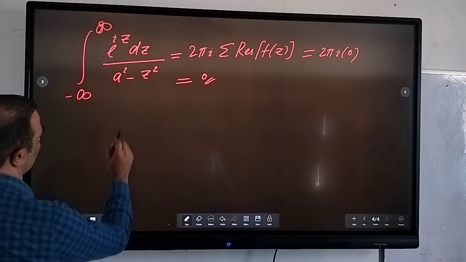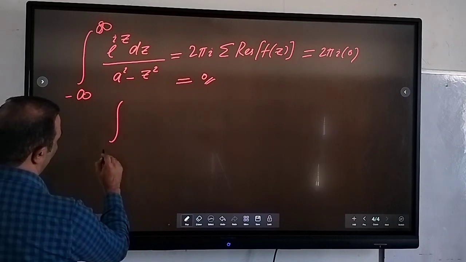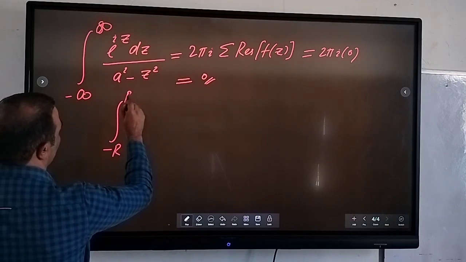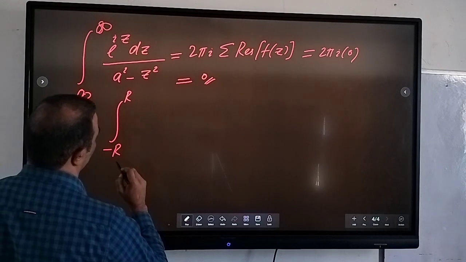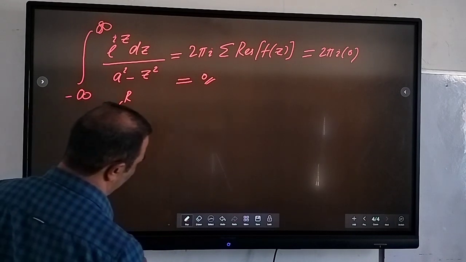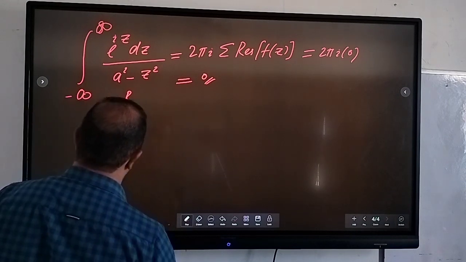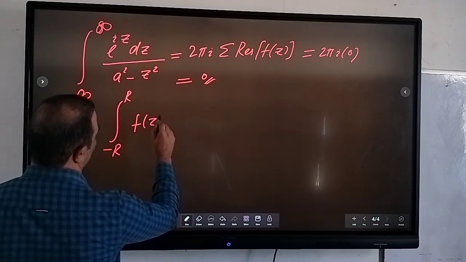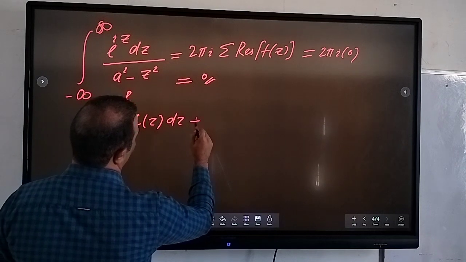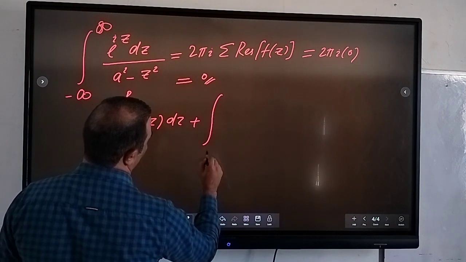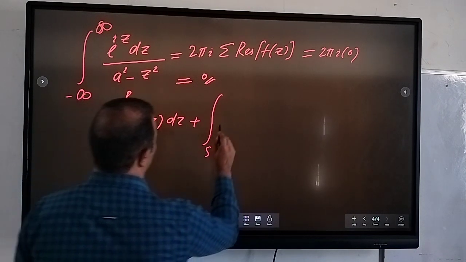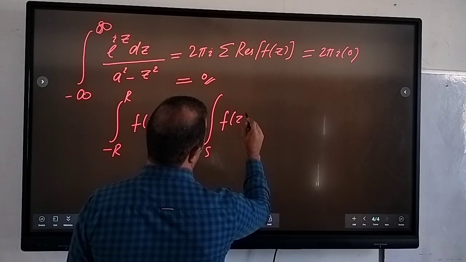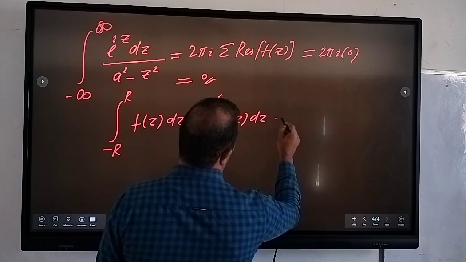Because our integral, if you remember, was from minus r to plus r. f of z, plus the integral over this s of f of z, so that is equal to